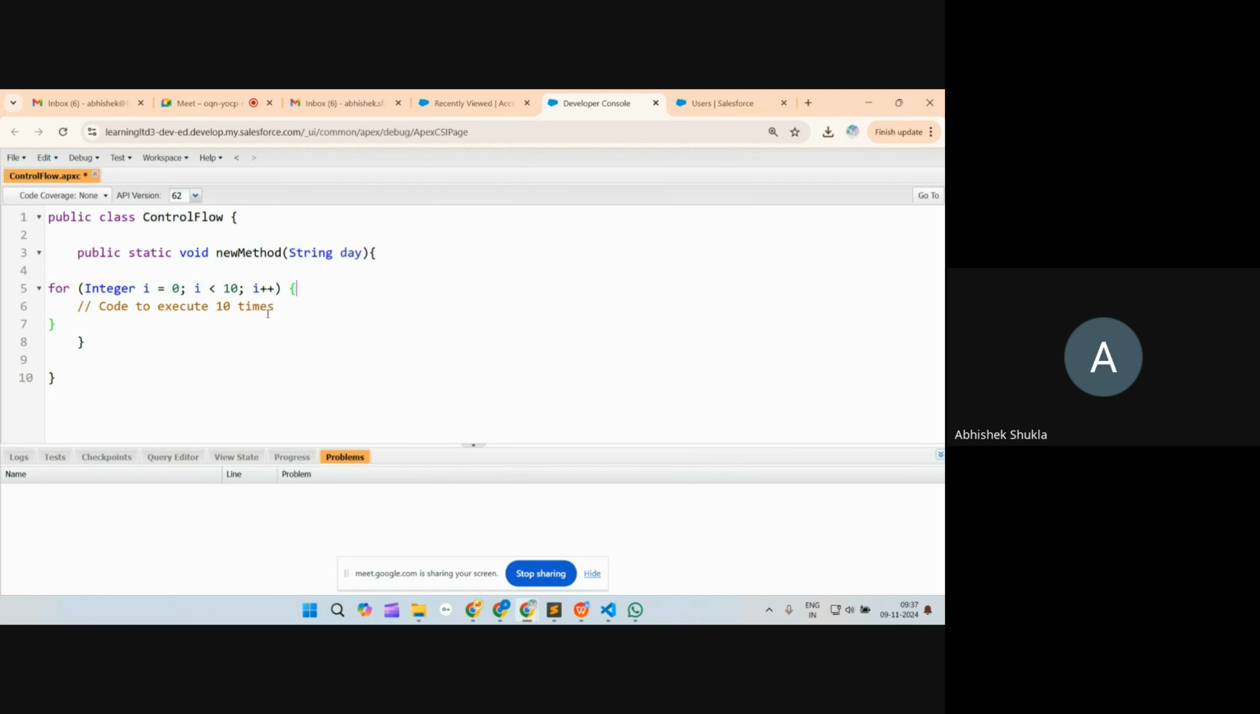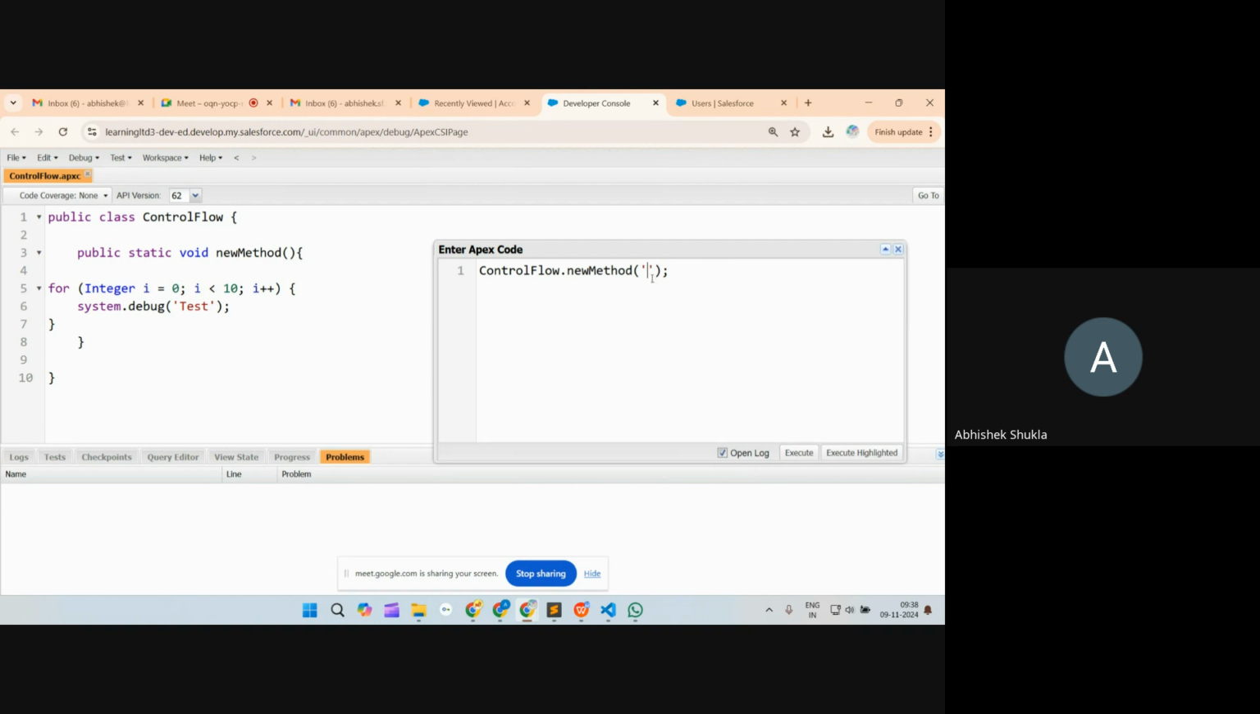So let's see how this happens. Right, so if you put test here only, simply test. Let's see if our syntax is correct or not. Yeah, syntax is correct. So now we can remove this, right? We don't want the input parameter now. Let's see. Okay, now if we execute our method